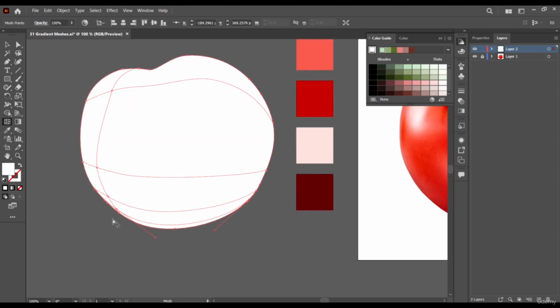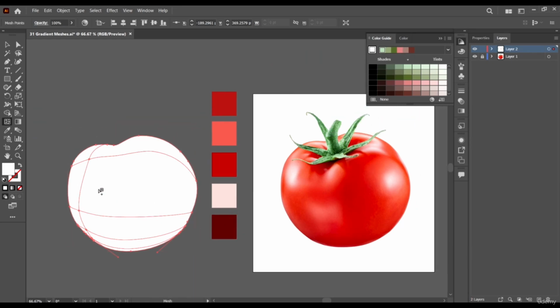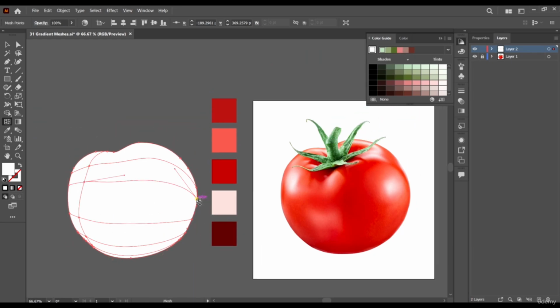I like the way the handles are. I like the way everything is structured so far. Maybe add one here. You have to understand that the more handles, the more ability you have to tweak things.